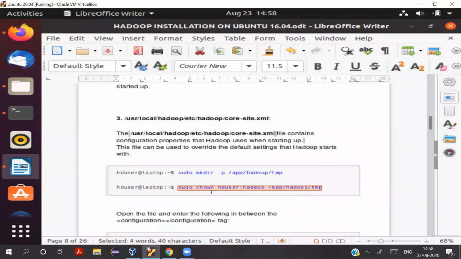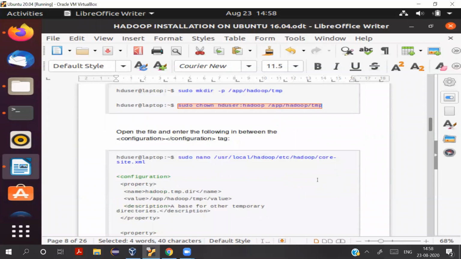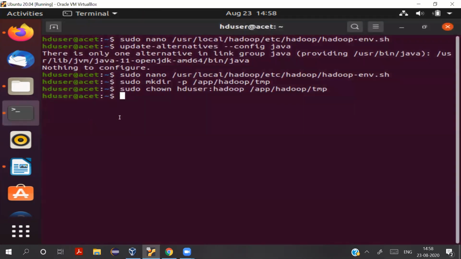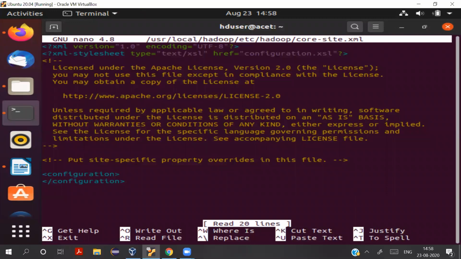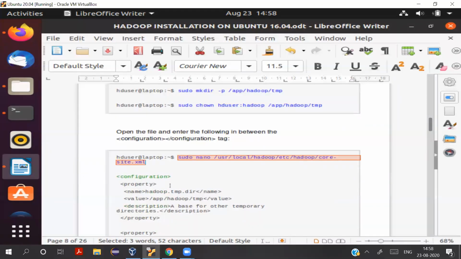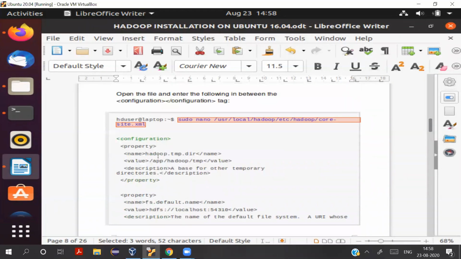Now we need to open this core-site.xml file. So let me copy this from here, and once opened, you must put all the properties here within this configuration. That's all you need to do to set up the configuration. Copy all this. So I'll just discuss this. The property is hadoop.tmp.directory, and then you give the path of the directory that you just created.